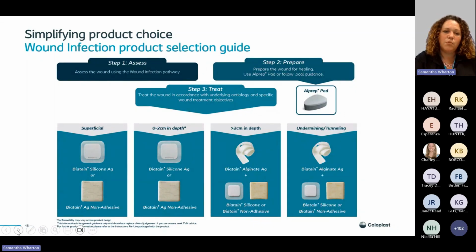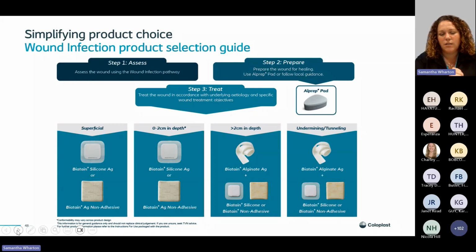So if there's a superficial wound, you've got Biatain Silicone AG or Biatain AG non-adhesive. These dressings have that 3D fit technology that will conform up to 2 centimeters, so you do not need a filler. That's really important about that simplified approach: if you've got a wound that's under 2 centimeters, you just need to put the one dressing in place. You do not need to fill it. So if the wound's between 0 to 2 centimeters in depth, you can just use the Biatain Silicone AG or